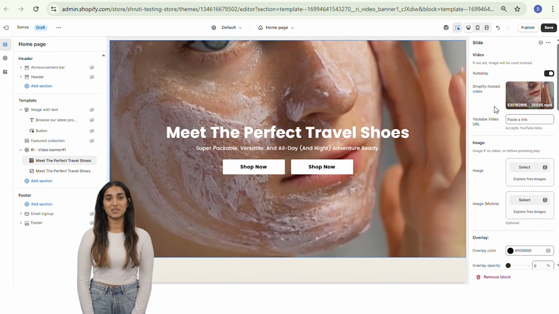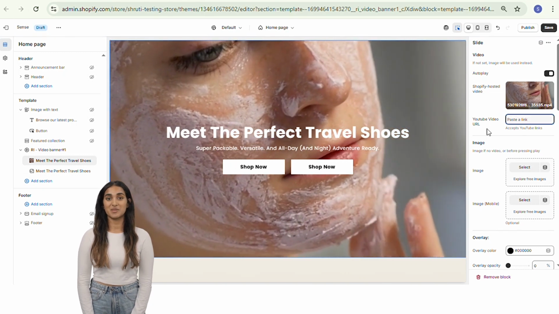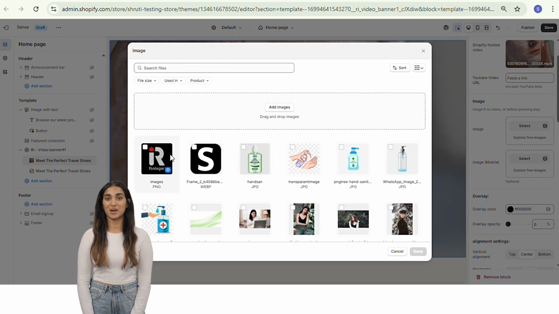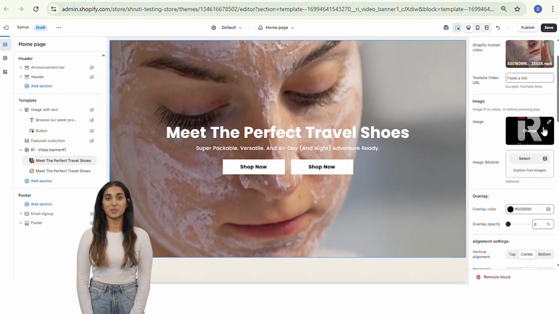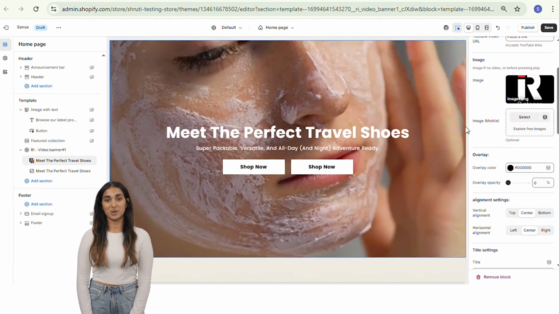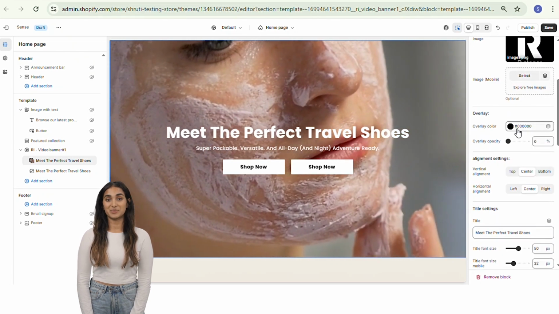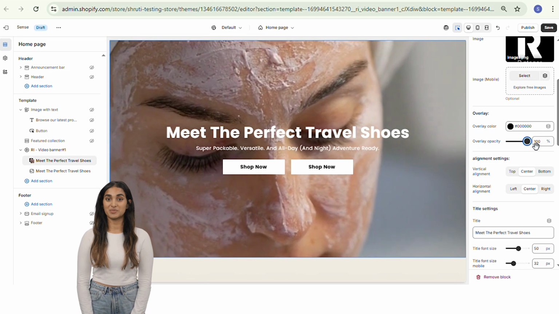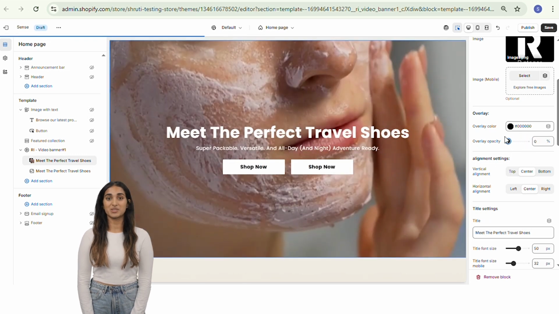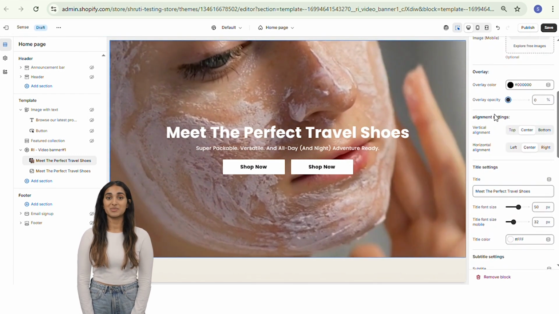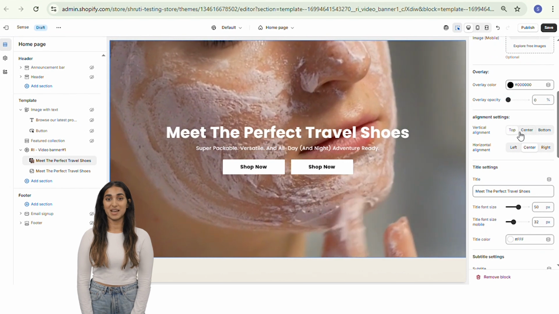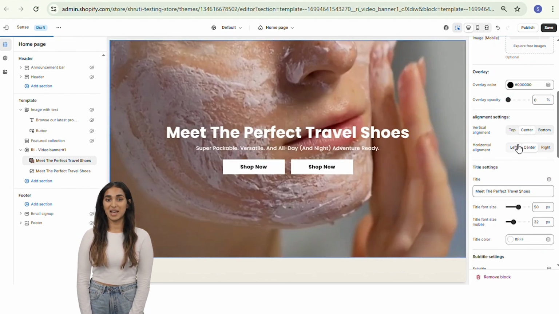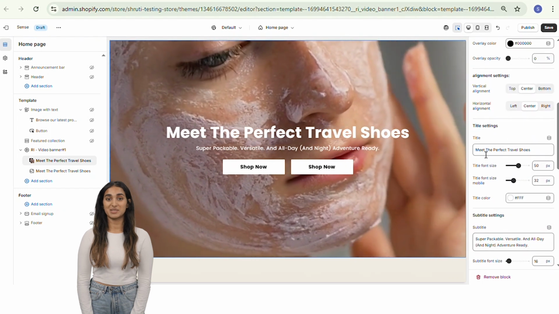This section offers high flexibility, letting you craft a standout visual story. You can toggle autoplay to have your video begin automatically when the page loads, perfect for drawing immediate attention. For video input, you have two main options: either upload a Shopify hosted video or embed a YouTube URL for seamless cross-platform playback. To ensure consistent visuals across all devices, you can also add fallback images separately for desktop and